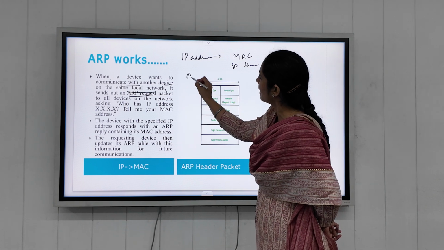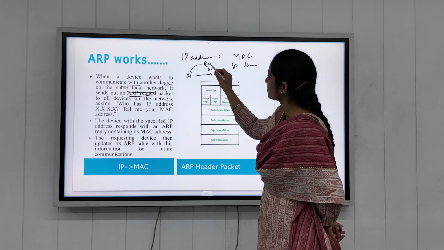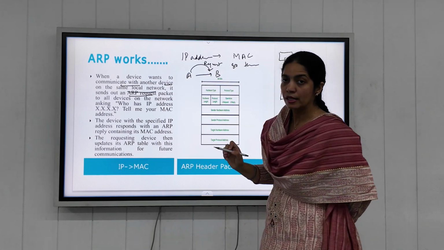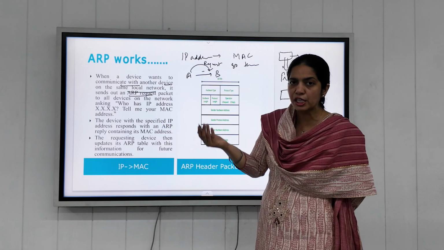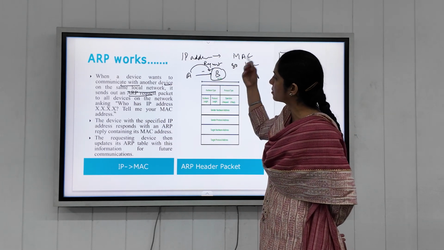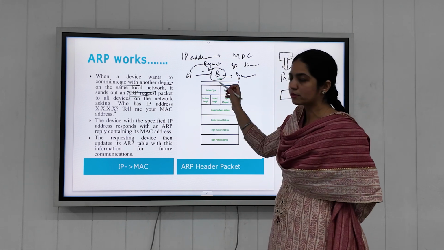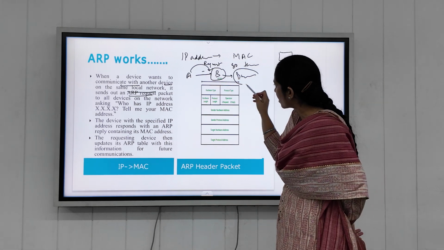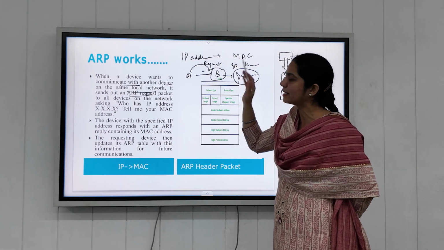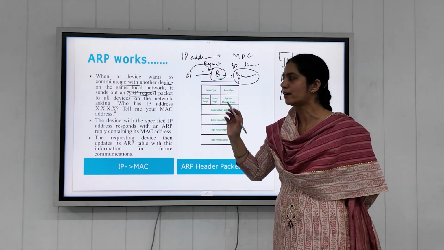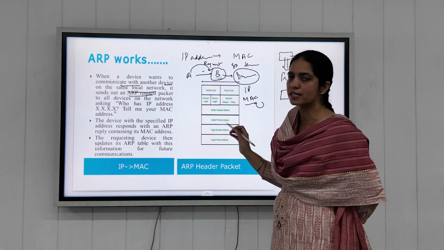If A is sending a request to B, it is not directly read by device B; it must be broadcast. Once it is broadcast, whoever has this IP address will reply, saying this is my IP address and you want my MAC address, so this is my MAC address.